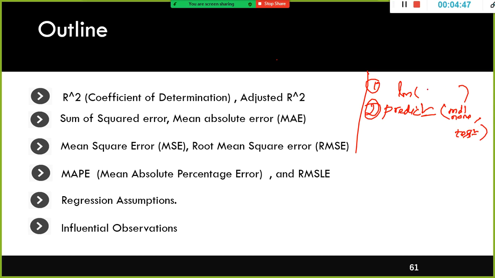This is the fundamental thing you need to remember. This is applicable for all the supervised machine learning algorithms, but the name is different. Predict is common for all the supervised machine learning algorithms. For example, in the case of linear regression, we are using LM. In the case of other algorithms, the function name will differ. Is it clear? Are you all okay with this? This is a very basic, fundamental thing.